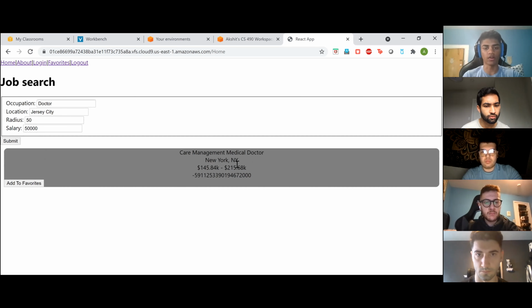We are still working on it, but right now we're just using that as a basic version. So we have that, and we have the detail of each job. And if you click on that, it will add to the favorites. Right now we are not done with it. In the future, if the user clicks on add favorites, it's going to be in their favorites list, and then we're going to have another function called applied, and after the user applies, it's going to be in that list.